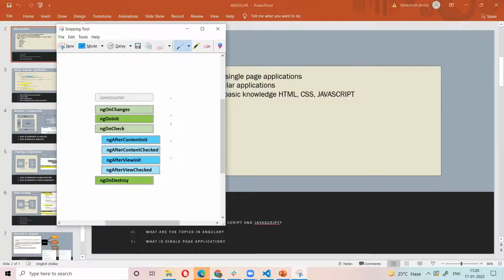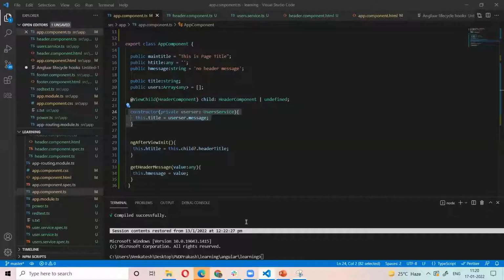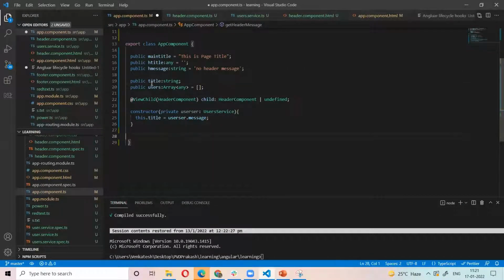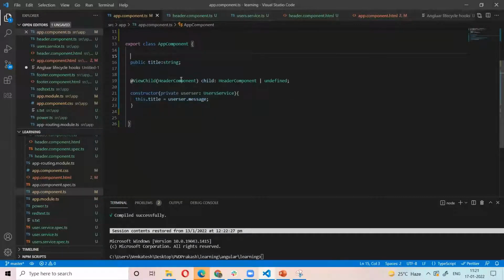So the first method called when we run the application and the component is loaded is ngOnChanges. Let me explain. For example, I have the app component here. In the app component, I have one variable, one property of the class.